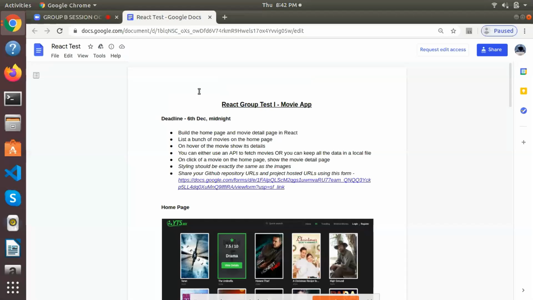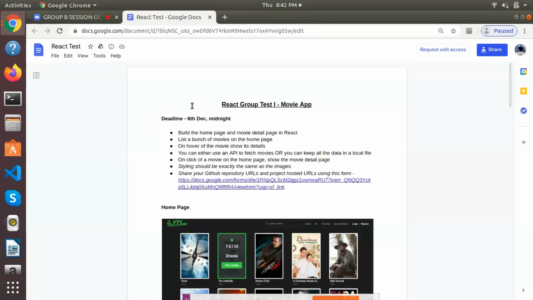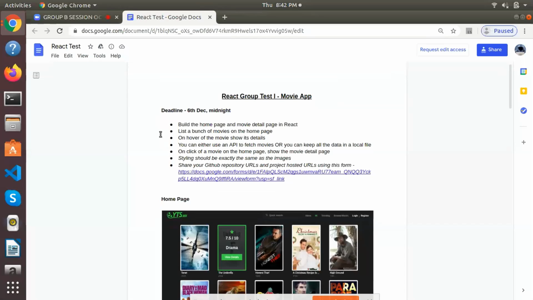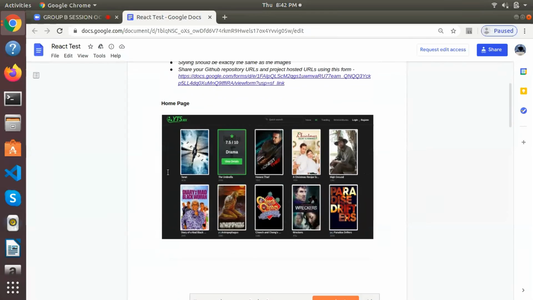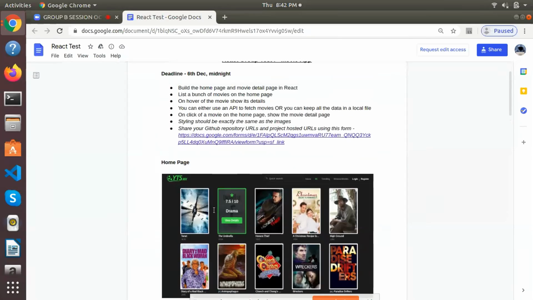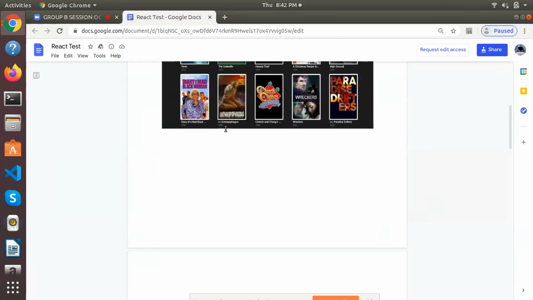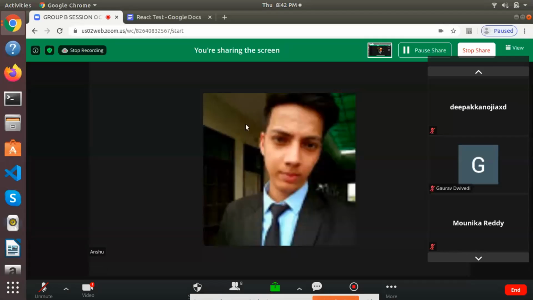I think she had the repo also, so she can show the hosted URL, and then explain what was asked in the test, give a demo of how she has made the pages and how everything works, and then discuss and explain the first page. The second page will be explained by Asutosh, who will be joining in some moment.